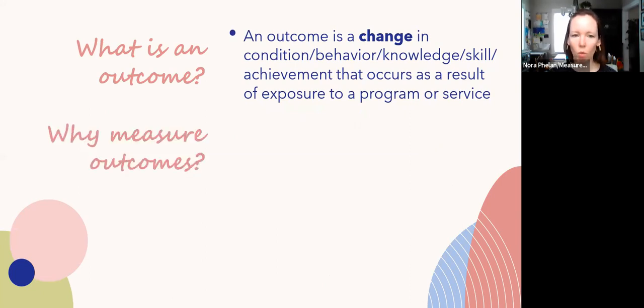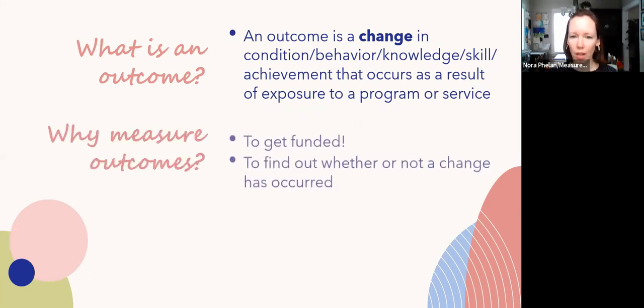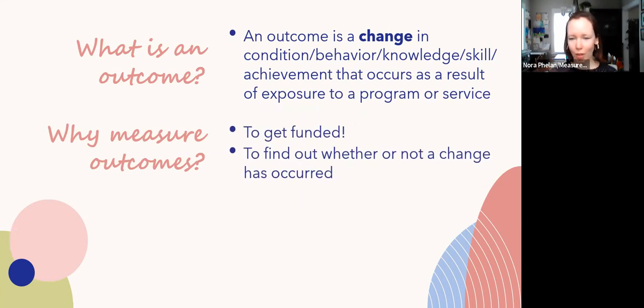And when we talk about why we measure outcomes, first one that comes to top of mind for you all and for program staff is definitely to get funded. If you think sort of 20 years ago, it was possible to apply for funding and sort of win over funders with really a great description of your program and all the good work you're going to do and get the funding, and that would be the end of it. It's really not the case anymore. It's very rare to find that.